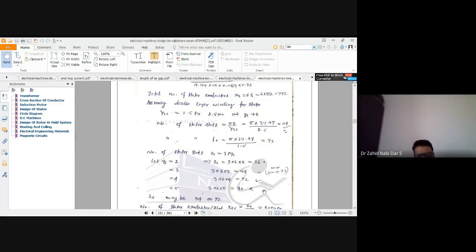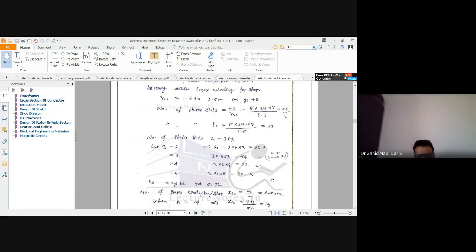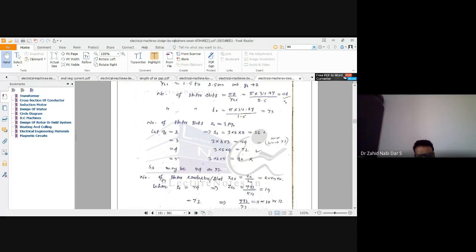So now let's see, the one thing we calculated is 44 and 73, and here we saw 6TS happens to be 792. So let's see which is the best value. Suppose the SS may be 54 or 72. It can be either 54 or 72. Now ZSS, the number of stator conductors per slot. What is ZSS? The number of stator conductors per slot. So when SS is 54, ZSS would be equal to 792.